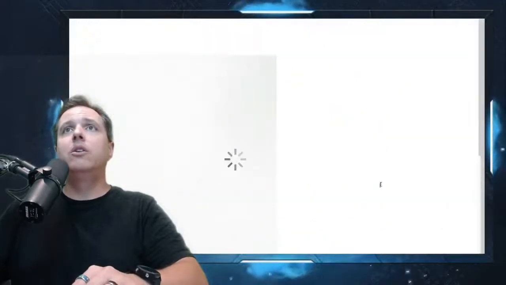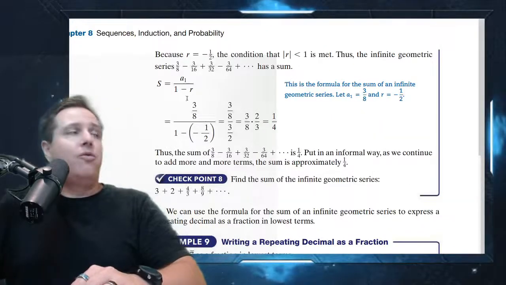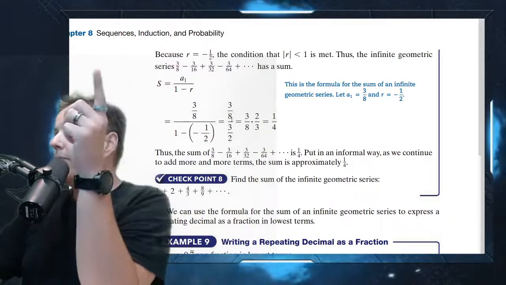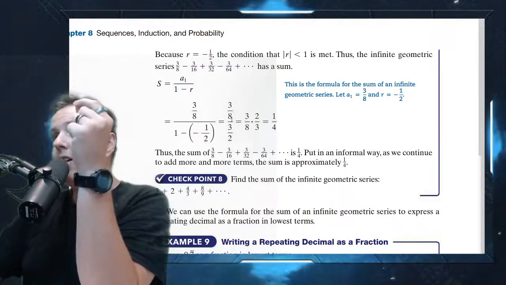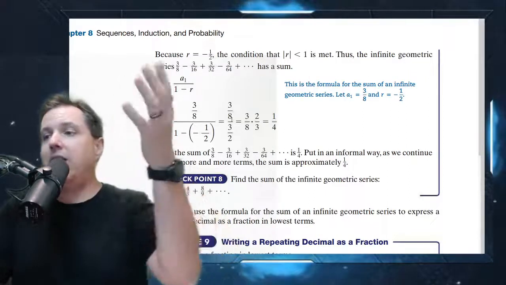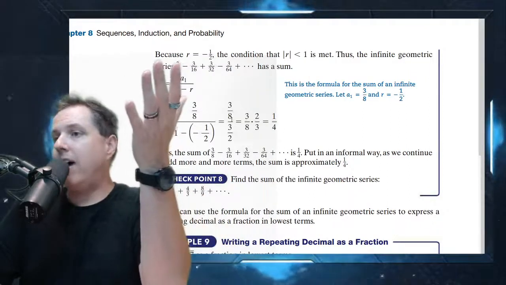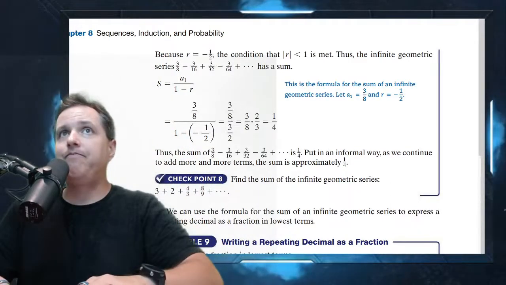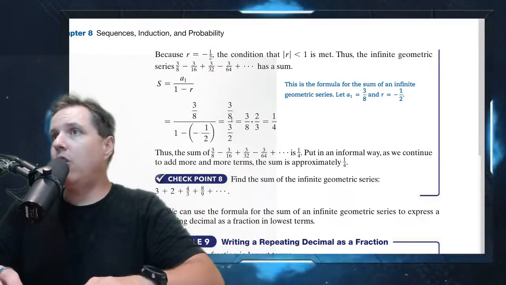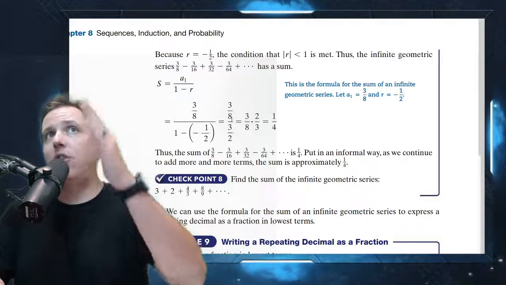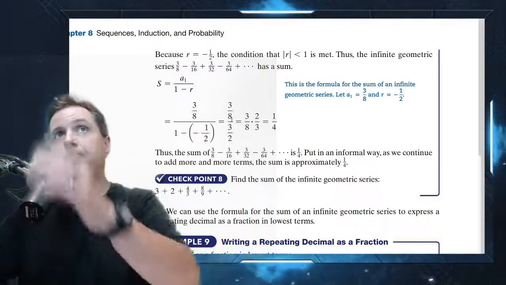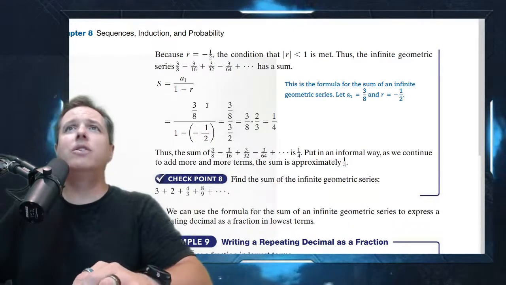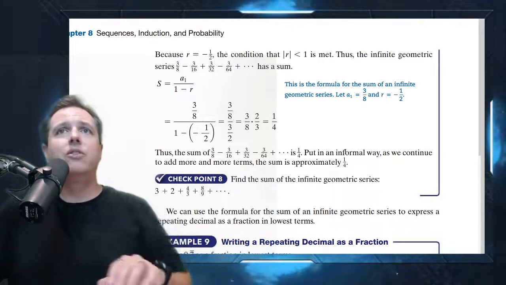Okay. So you can see the formula for your infinite sum is actually really easy, but do be careful. Make sure that your R value is proper. I see people that just plow ahead. They might have an R value of like 3/2, and then they use that formula for S, but your R value won't converge unless R is between -1 and +1. So always double check that. In our case, we were fine because our R value was, what, -1/2? So we were fine.